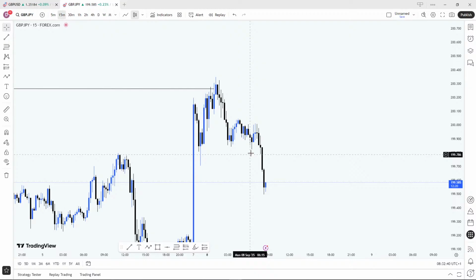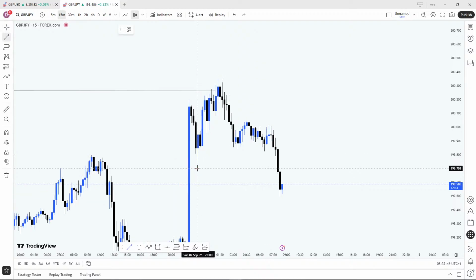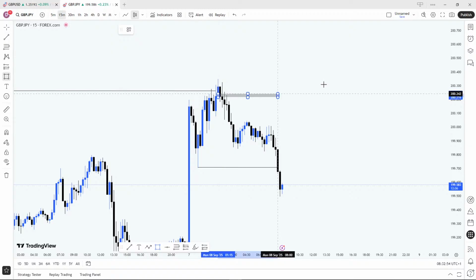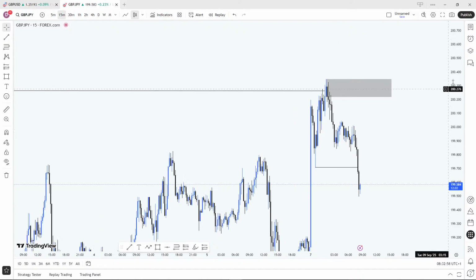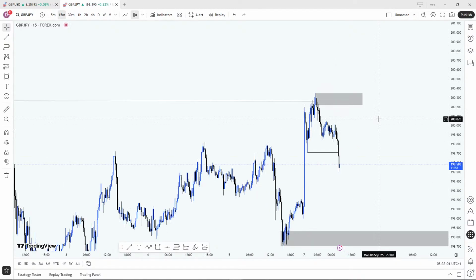On the 15 minute time frame, we have a break to the downside. This is not like a retracement, so we can see if we can take sells as it's going down. This is not like an order block, and it's not where the price has to get to before there's a sell. But there's a chance that the price will not get here before dropping, right? To sell without getting here.